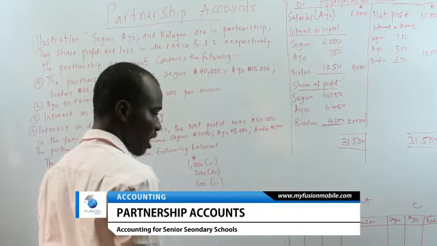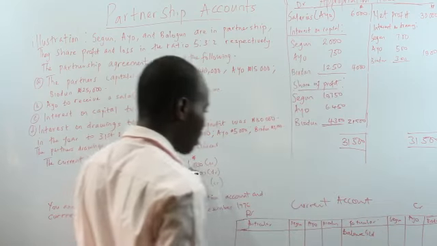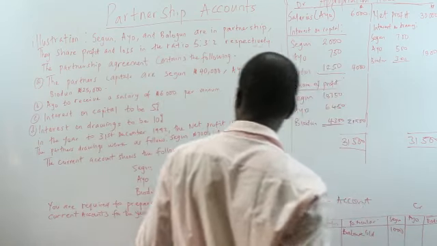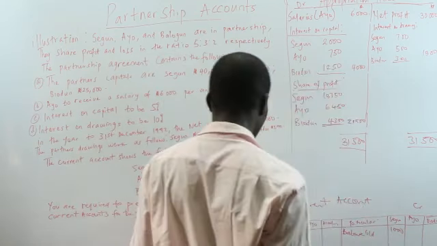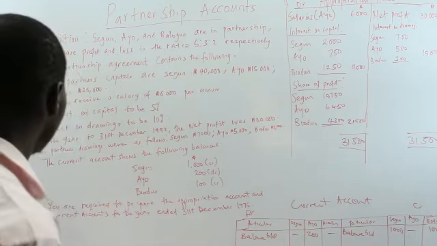So the first thing we have is the current account, which shows the following balances. This is the balance of the current account. This shows credits, Ayo is debit, and we have balances on the credit side. We have Segun 1,000 naira. Ayo does not have a credit balance, and Biodun 100 naira. Okay, we've done that. So we have Ayo's balance brought down here. Segun does not have a debit balance. Ayo is having a debit balance of 200, and Biodun does not have a debit balance. So we are done with balances.